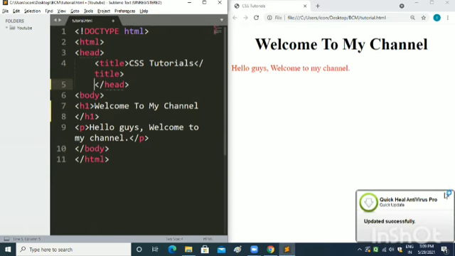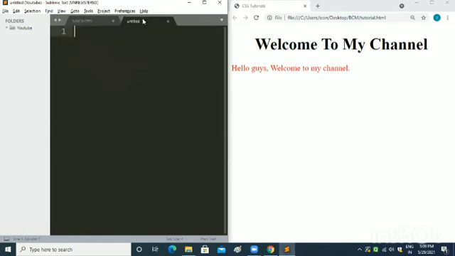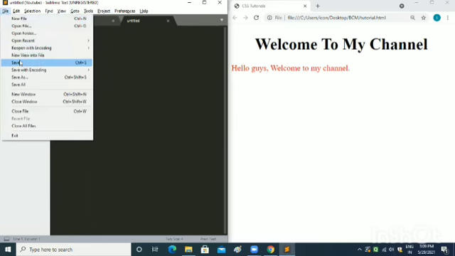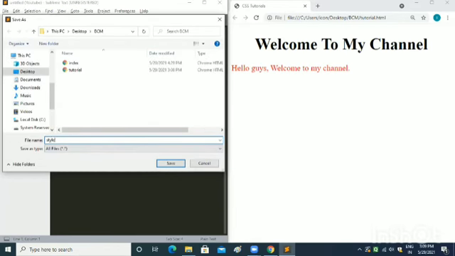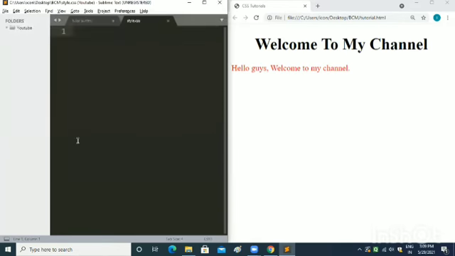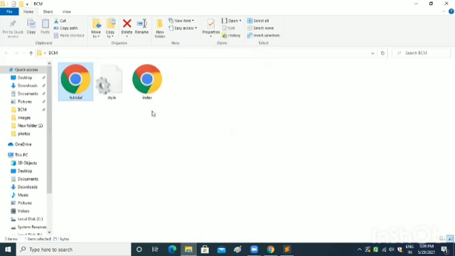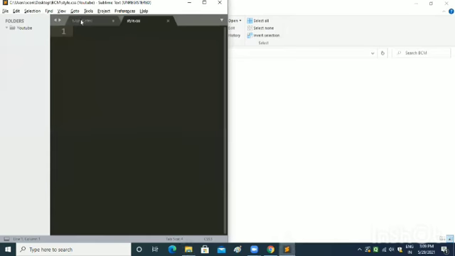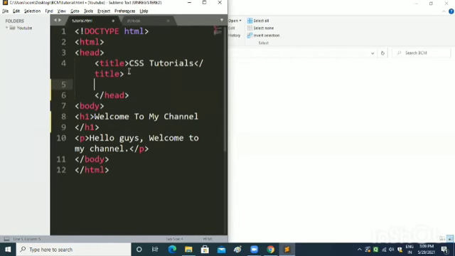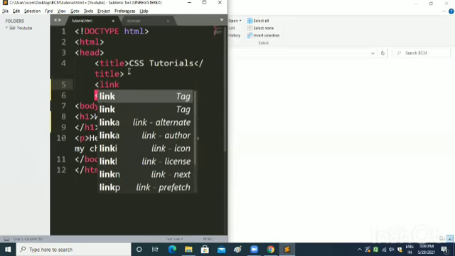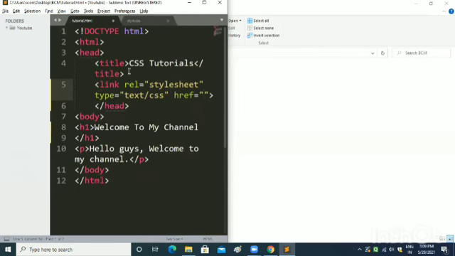So the third way is to create a file with any name and save it with the extension .css. So I have written style.css here, and I have saved it. And now we will link this file in the HTML document. For linking the file in the HTML document, I will write a link tag in the head tag, and in it I will write